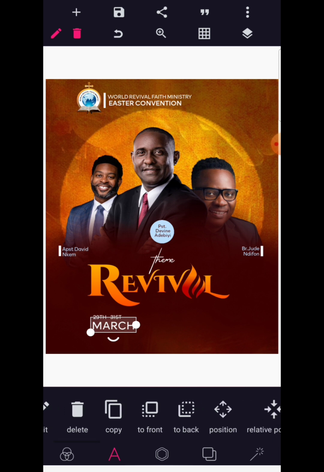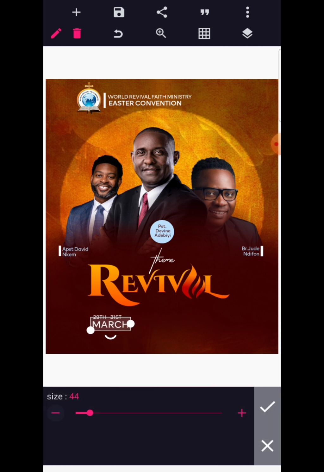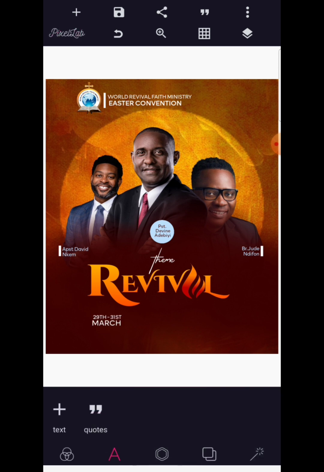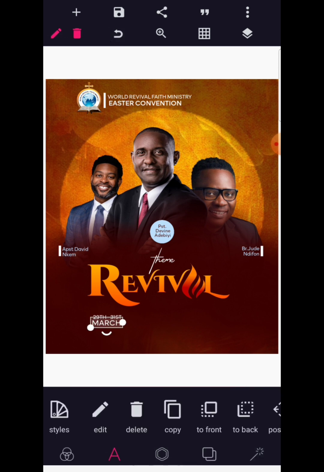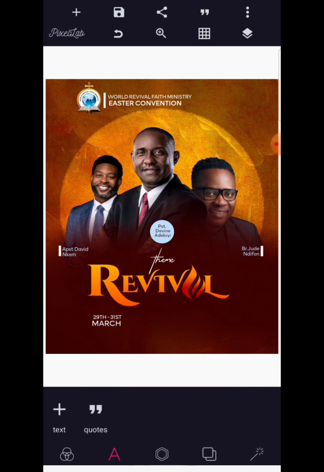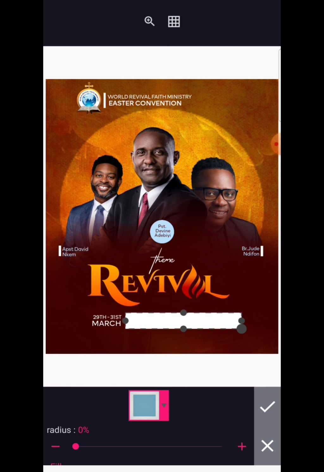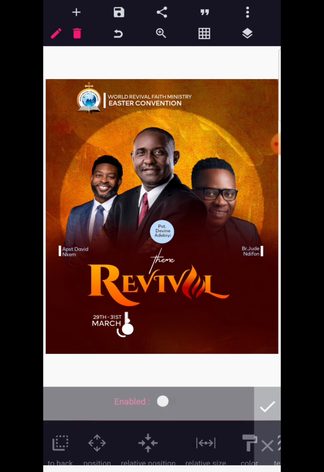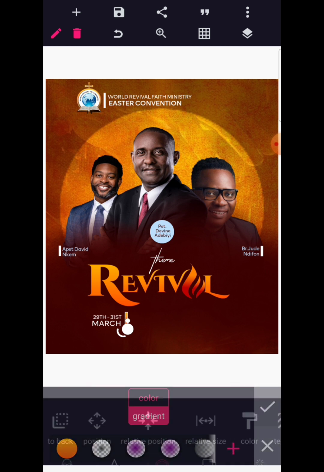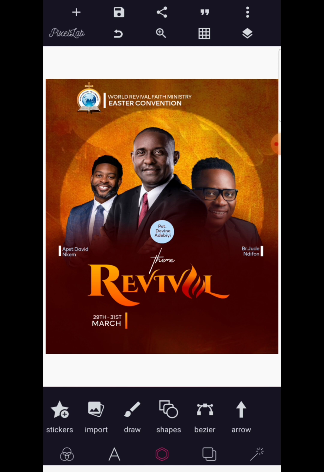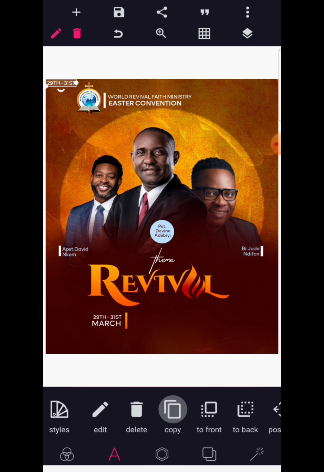So I'm going to increase the size of this. Okay, make the March to be visible enough. Okay, I think 35 is okay. So I have March. All right, now we're going to go to shapes, select this, we're going to create another tiny line here. I hope this time around we get it right. So we're going to change the color to the gradient that we just created, and let's copy this text and